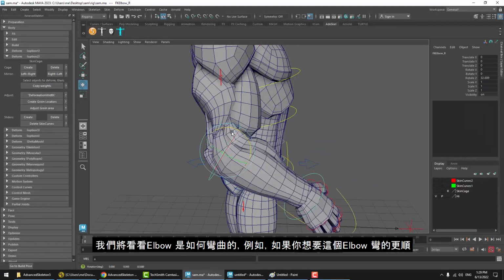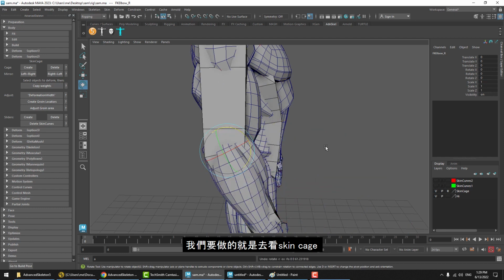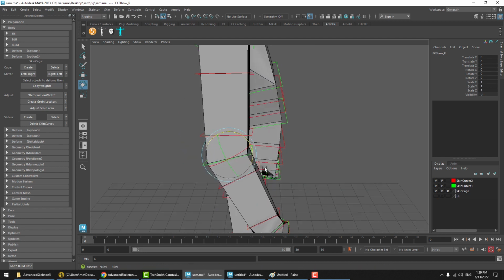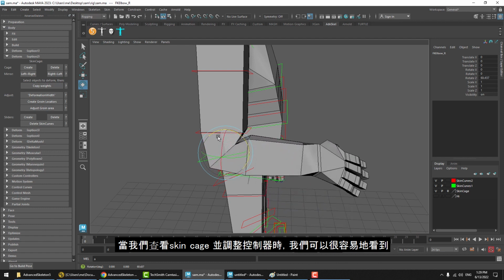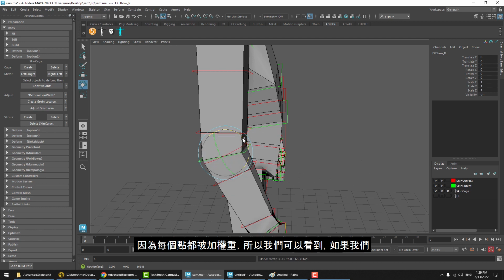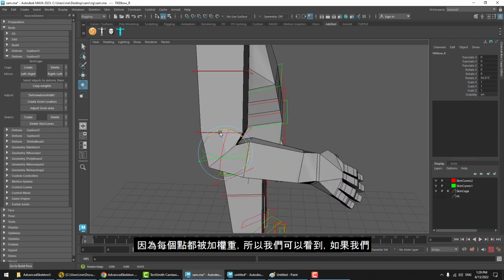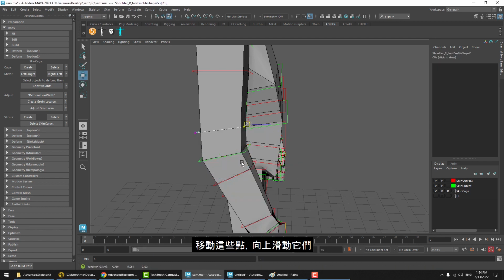If, for example, you wanted this bend to be much more broad, a much less sharp bend, then the way we would do that is to go and look at the skin cage. Now when we look at the skin cage and we adjust the controller, we can easily see how and why we are getting the deformation that we are, because each point on the model is weighted to each joint. So we can see that if we move these points, slide them upwards, and likewise let's slide these guys downwards,